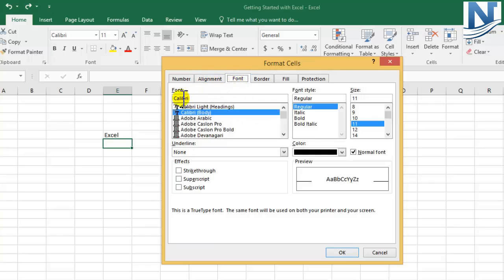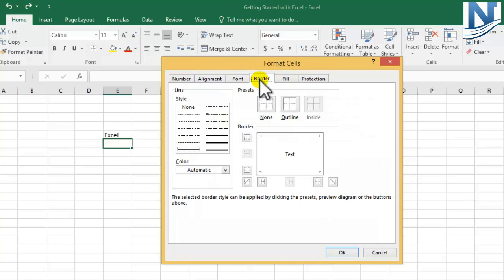Coming to the Font, there are different fonts and sizes. Currently, we have Calibri Body selected, which is displayed over here. Font size 11 is selected, which is again displayed over here. For the font style, whether you need it to be regular, italic, or bold, we generally have the regular font style, so it is displayed over here. If you want to make it italic, bold, or underline it, you can do it from here also. We also have the option for font color, which you can change from here also.